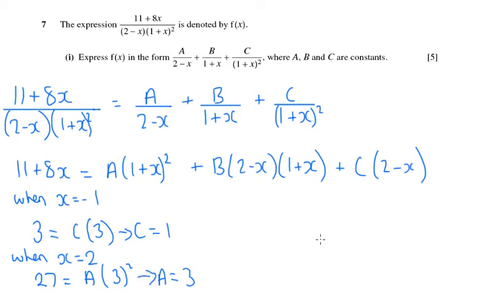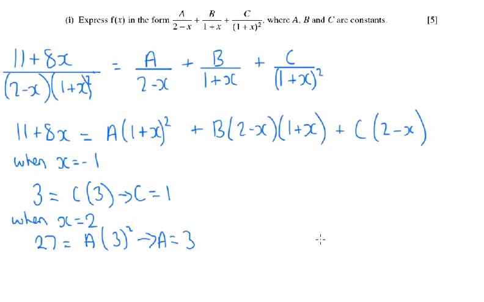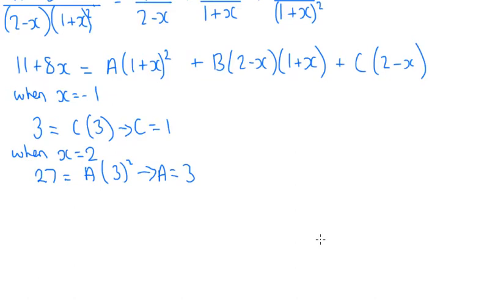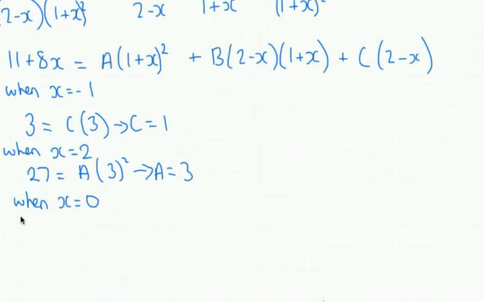Now the tricky part is how to find out what b is, and in order to find out what b is, we're just going to choose another substitution. We're not going to be able to make a and c disappear, but we know what a and c are now, so it's not going to be too much of a problem. So the next substitution I'm going to choose is 0. You can choose absolutely anything, it's not going to make any difference whatsoever, but I'm choosing 0 to keep these things fairly small. I'm going to have 11 here equals